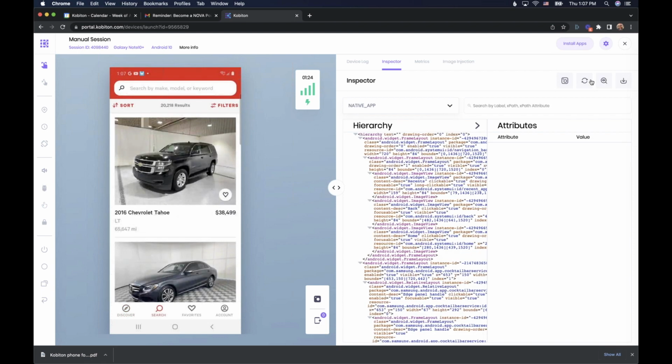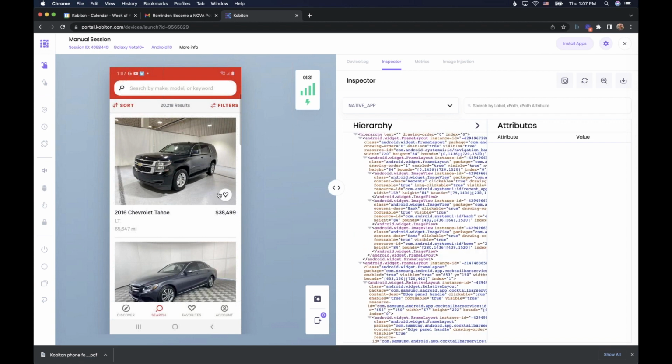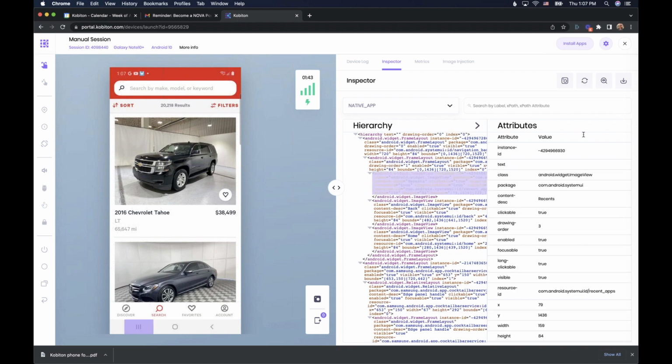I go to the next step. I click Capture Inventory. I choose the element that I want to interact with in my Appium script, and I go through that step by step. So there's this back and forth between the manual session interaction, going to the next step, choosing the element I want to interact with, copying that into my system cache, and then pasting that into my Appium script. With Kobiton's inspector,